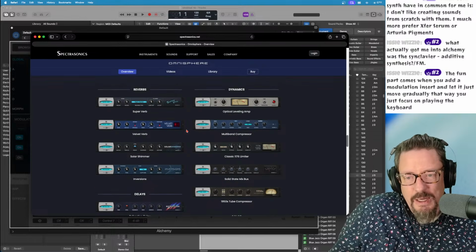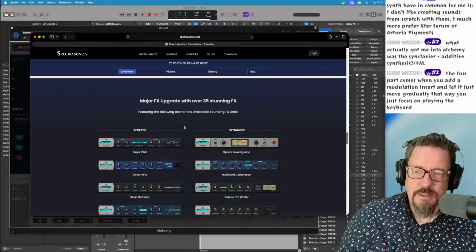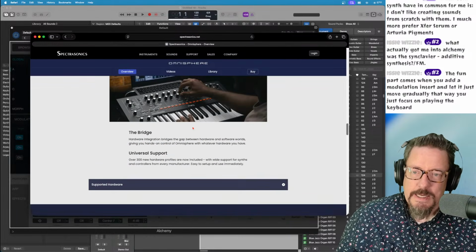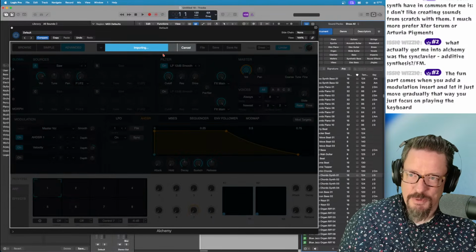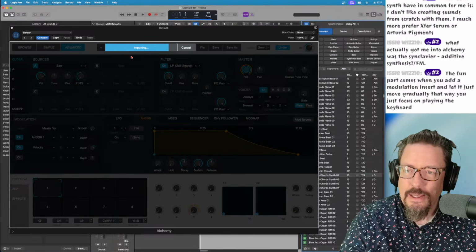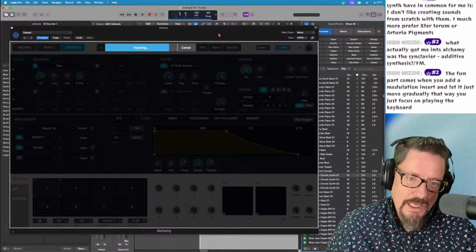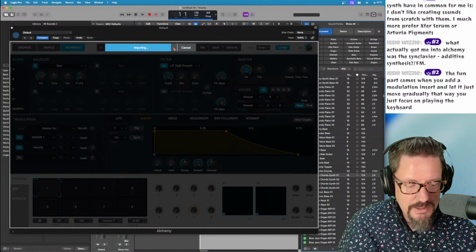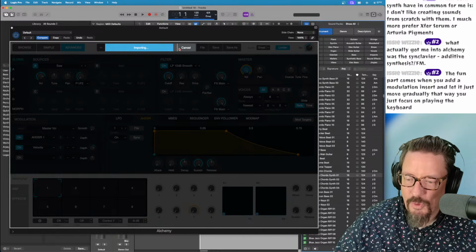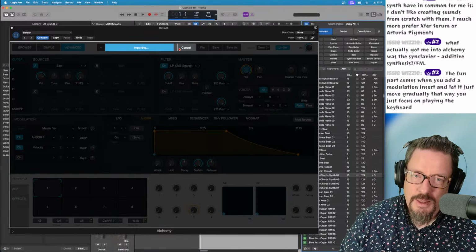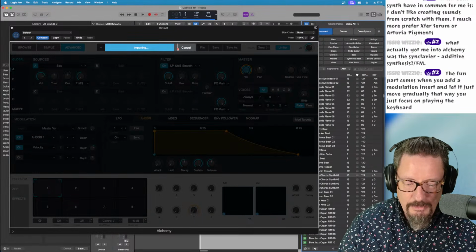But cool, they added a bunch of stuff. 35 stunning effects. Sweet. And in Logic, if I was doing something similar to that, this is almost done importing, and we'll play it for a second. If I was adding effects in there and wanted to modulate it, then I use my MIDI effects to modulate the things that are on the channel. And there's a lot of power in having a workstation that's handling some of these tasks rather than expecting a tool like Omnisphere to handle them.